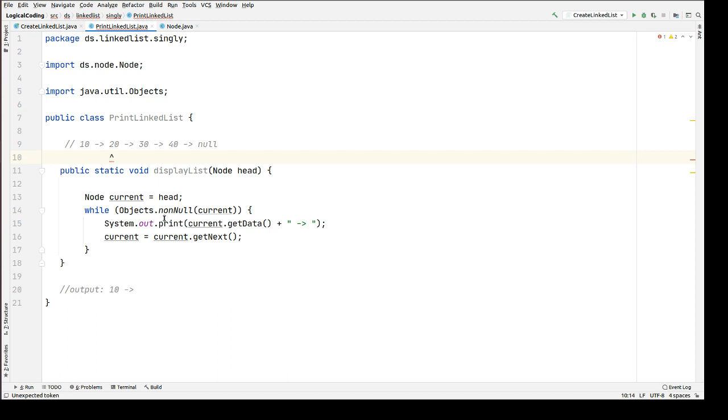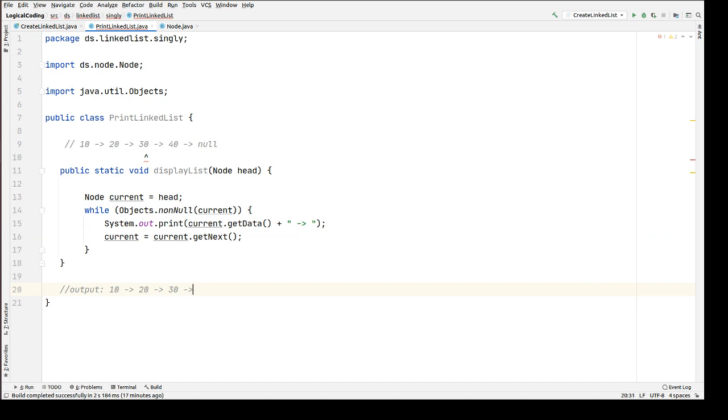Now again it will check whether the latest current value is null or not. It's not null, so again it will come inside this while loop and print the data of the current node, that is 20, and this line again moves our current pointer one step ahead. Again in the while loop we check whether this updated current reference is null or not. It's not null, so it prints the data of the current node, that is 30.